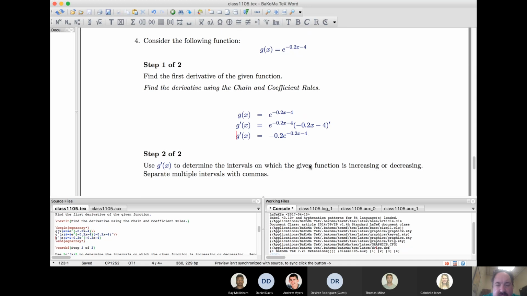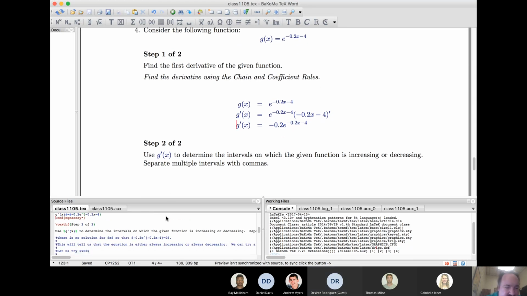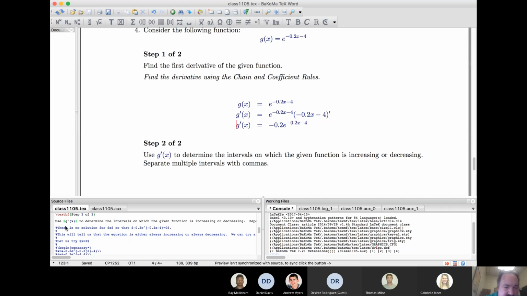Now, normally when you are asked to determine where a function is increasing or decreasing, you've gone ahead and gotten the derivative. What do you do with it next? You set it to 0. Yeah, you find any critical values, see where it equals 0, and then everywhere else would be all positive or negative. But it turns out there's really nothing to do here because there